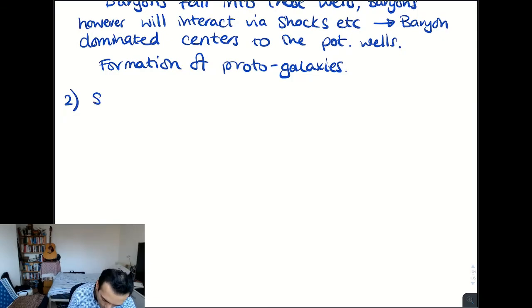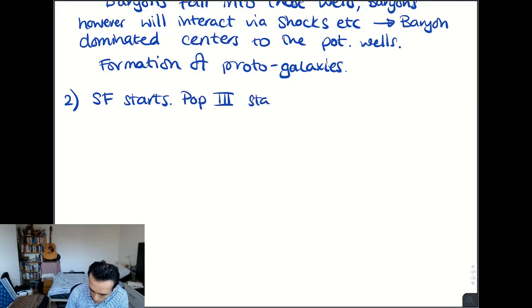The next stage is going to be star formation. Star formation starts. The density is going to slowly be ramping up, and eventually it gets hot enough that you get the first stars being made. These are the population 3 stars. If you remember in the earlier parts of the course, we talked about how the generations are labelled. Stars today are called population 1. The first stars to form are called population 3. We don't have any population 3 stars that we can directly observe today, but they're expected to be